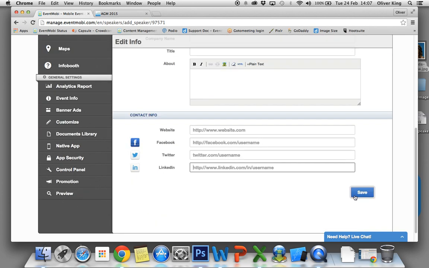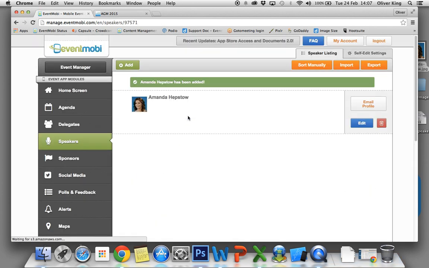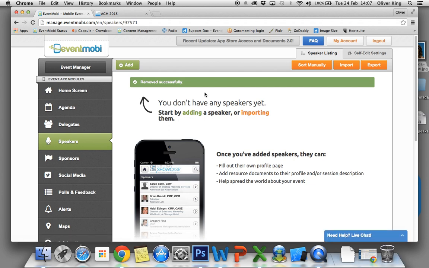So once you've completed that profile, just click Save. And there we go, that's built in there. And again, as with other modules, we can build your speakers in bulk via a spreadsheet. So if we just delete that, to do that, select Export,